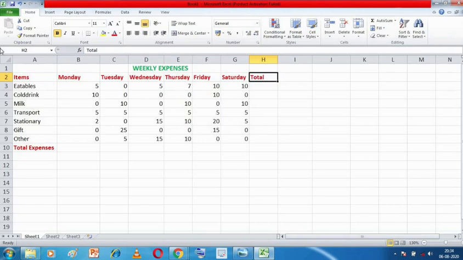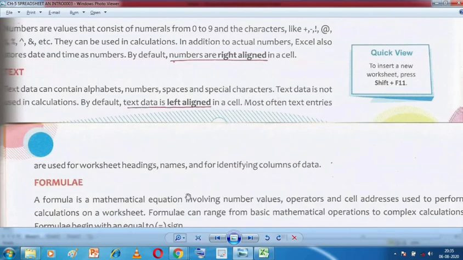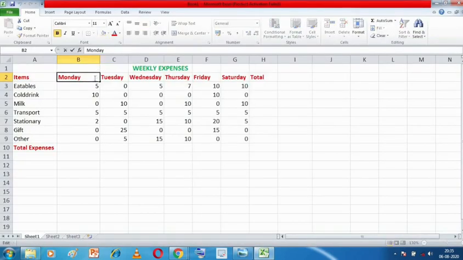Text data contains alphabets and numbers. If I type here items 1, see, it is still text type of data. You cannot say that items 1 is a number. It is text only. So the text type of data can include alphabets, numbers and spaces. Suppose I type here item, space, party, space, 1.